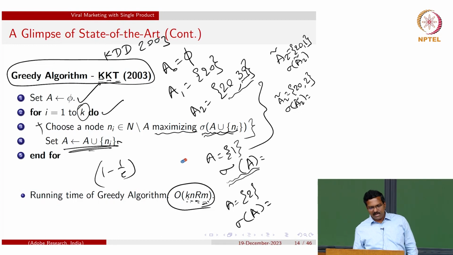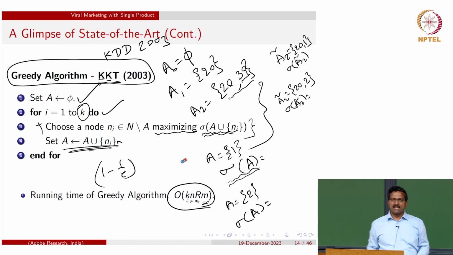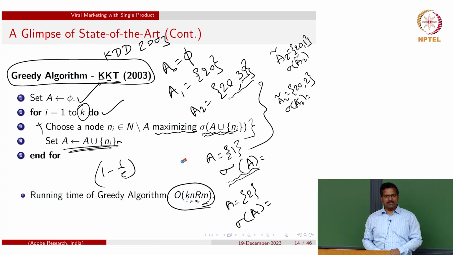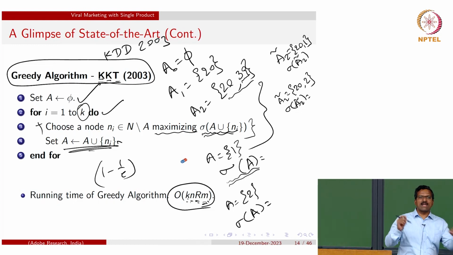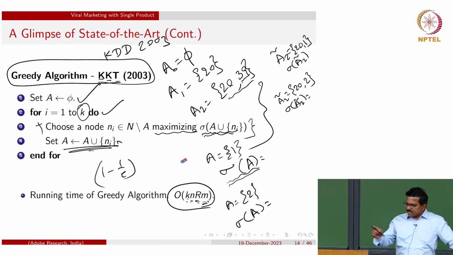So a lot of other papers are published to tackle this computational aspect. They proposed heuristics without guarantees and approximation algorithms with guarantees in some special cases. All kinds of directions, this research has exploded. Let me use that word actually. Even now it is an active area. It was defined 20 years ago, still an active area.